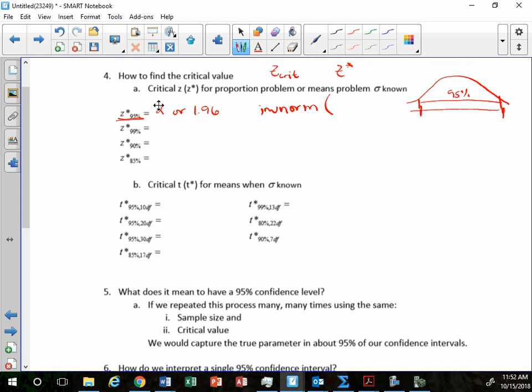So it's the z-score associated with that percentile. So we're talking the middle 99%. It's associated with 99.5. We're going to use that to calculate. Okay, it's like one of the pieces that will actually